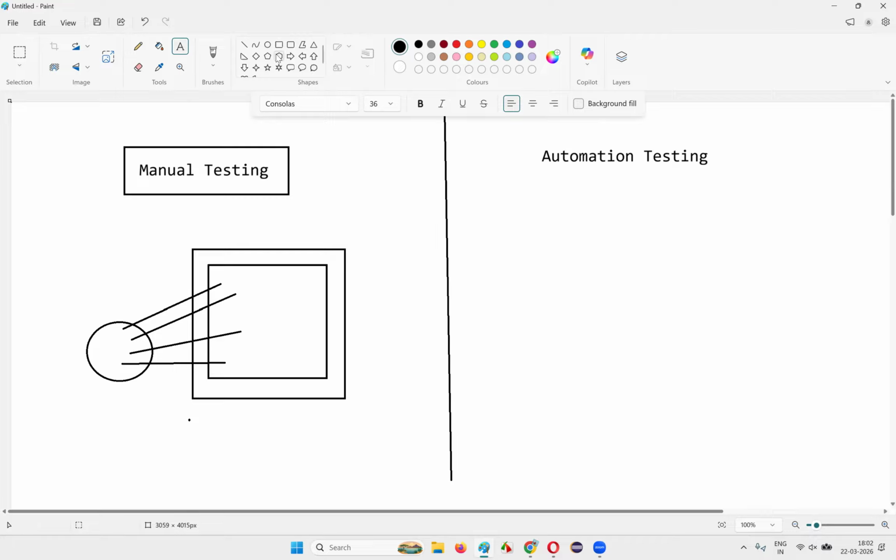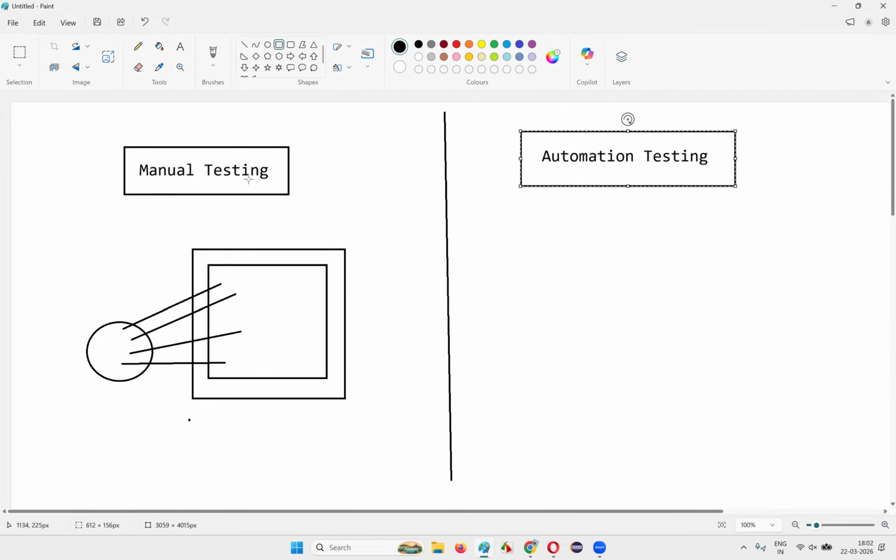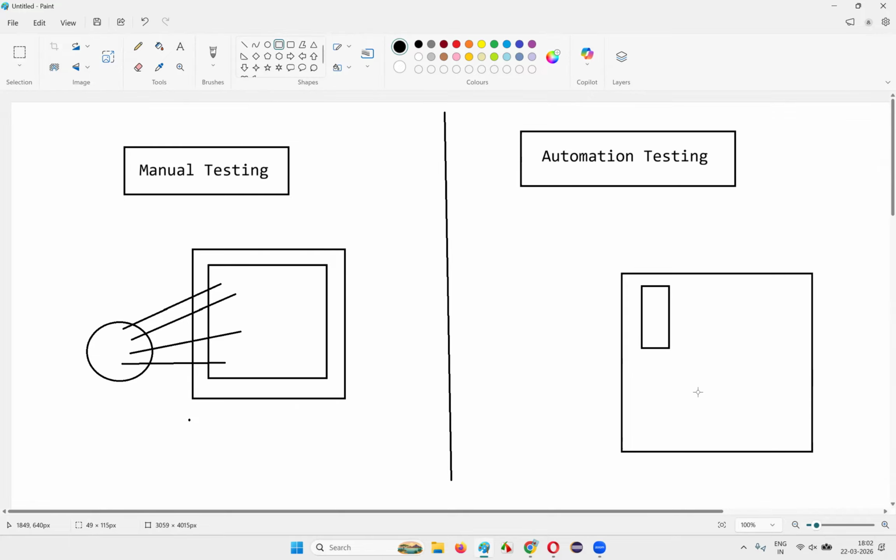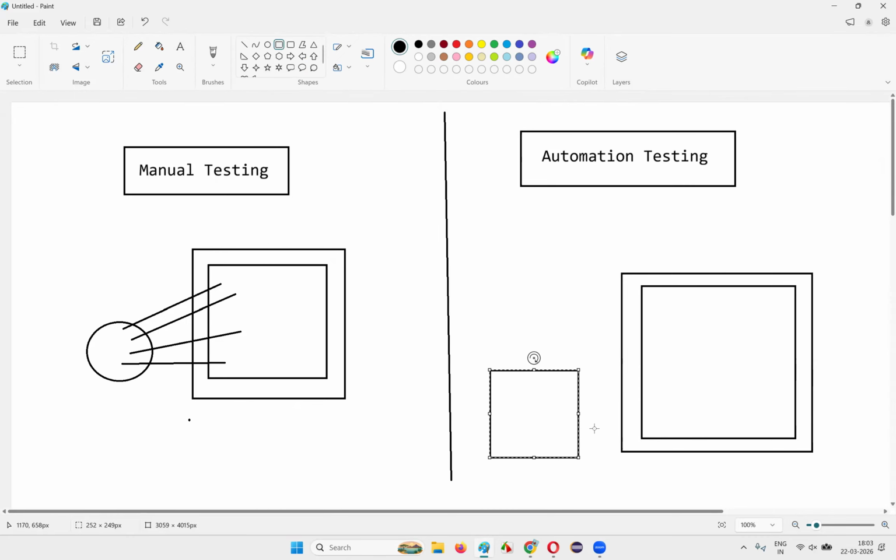In automation testing, unlike manual testing, here also we have this computer machine, and in this computer machine we have this application open. But who is performing the testing here? In manual testing, a real person was performing the testing on the application. But here, in place of the real person in automation testing, the automation tool